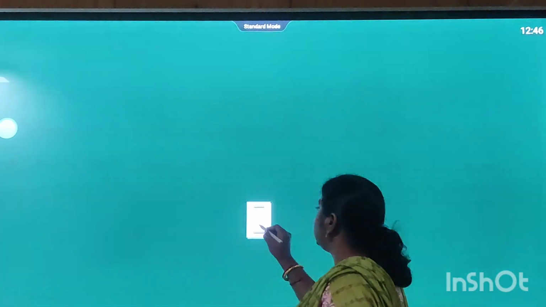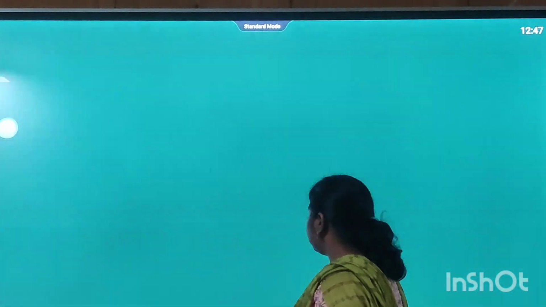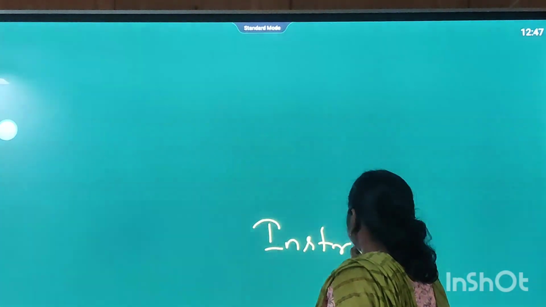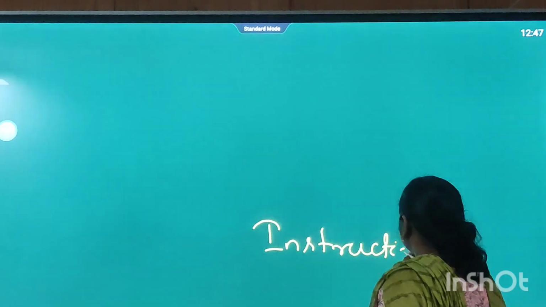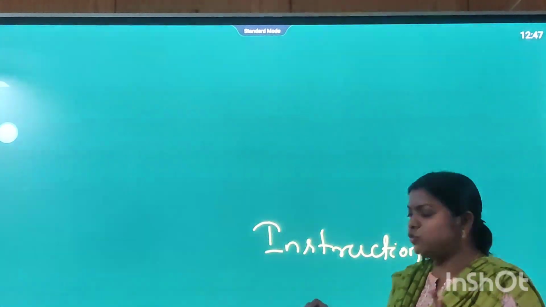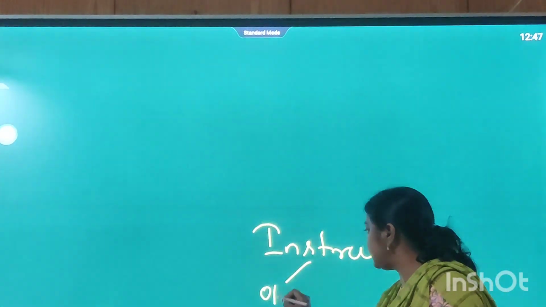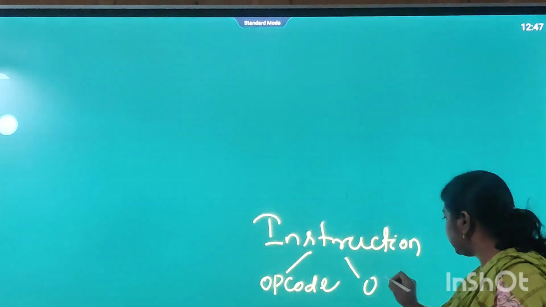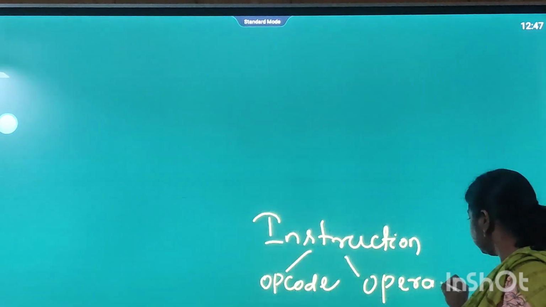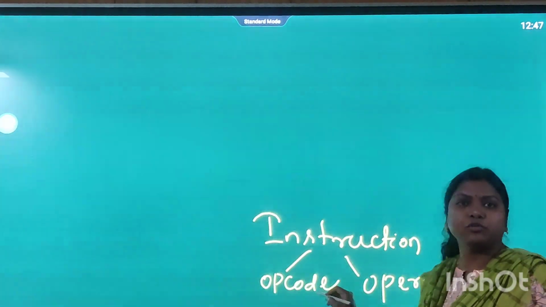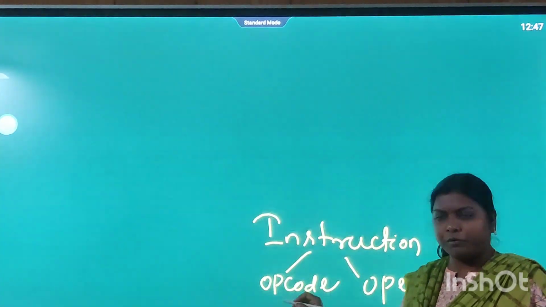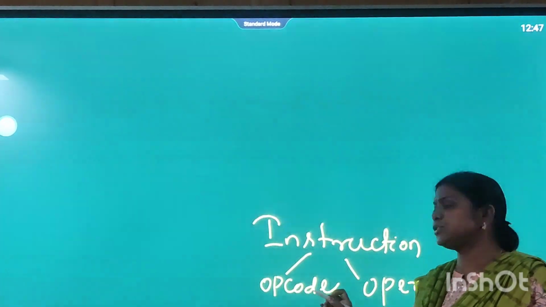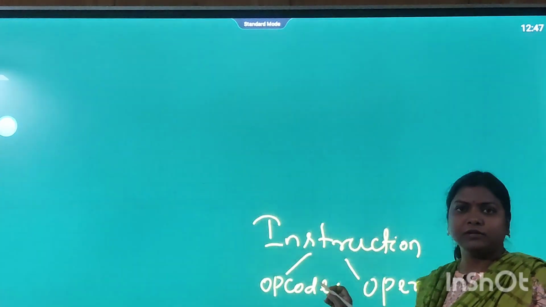So, an instruction is a command given to the computer to perform a certain operation on given data. In the 8085 microprocessor, the total instruction consists of two parts. One is the opcode part, then the operand part. Opcode means operation code, what operation is to be performed, and the operand part consists of the operand itself, given immediately in the instruction, or the address of the operand.